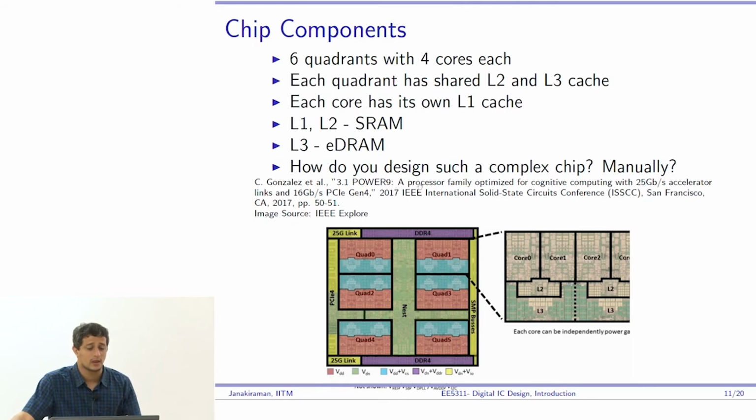By the way, all the details are in this paper if you want to read it. 6 quadrants with 4 cores each, okay? And each quadrant has a shared L2, L3 cache, right? So